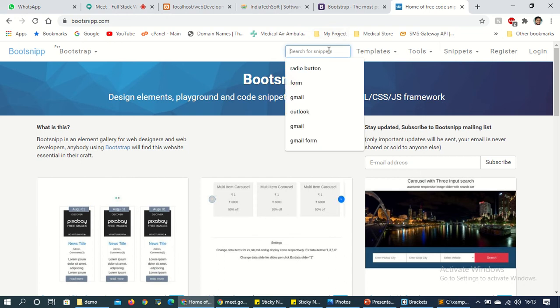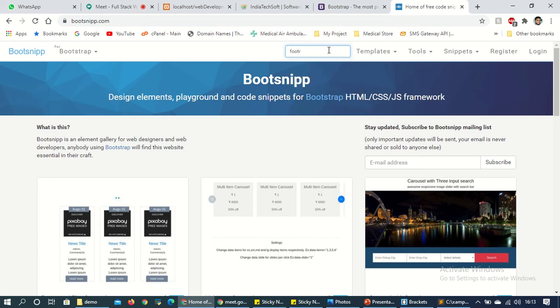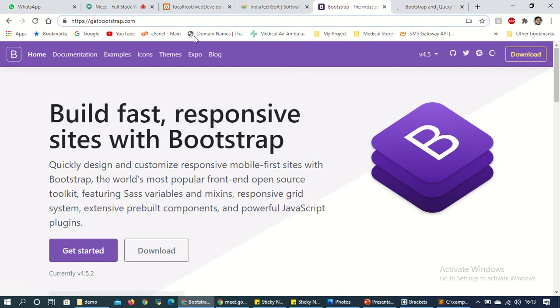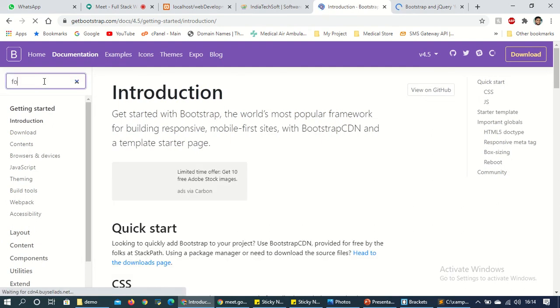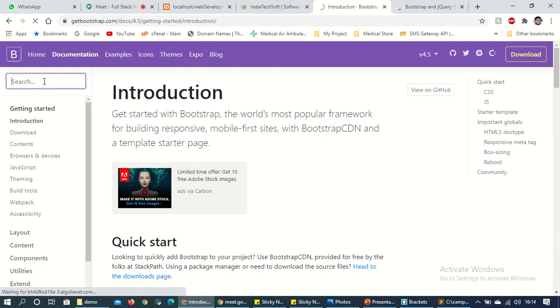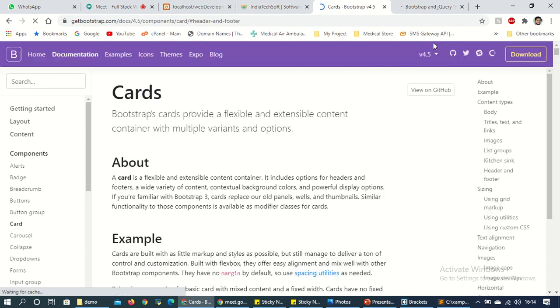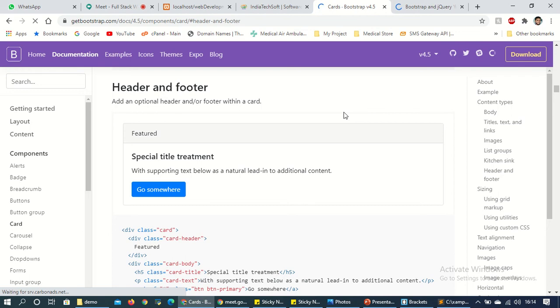If I want a footer, I can just search footer here. You'll get the design, and just search the footer in Bootstrap. So cards are coming.